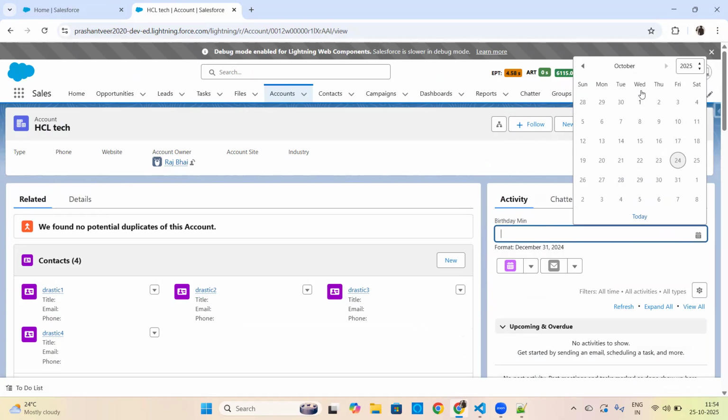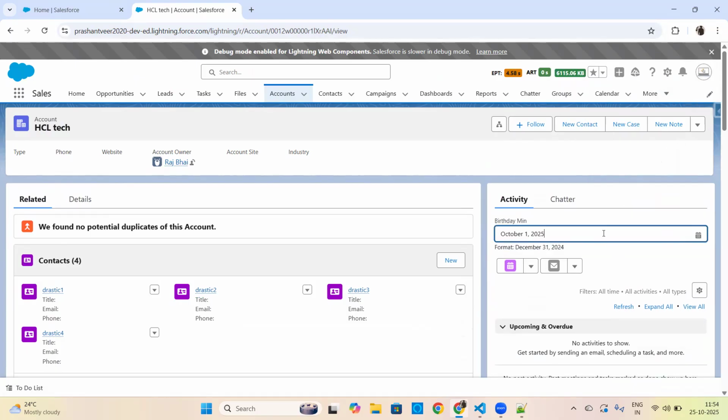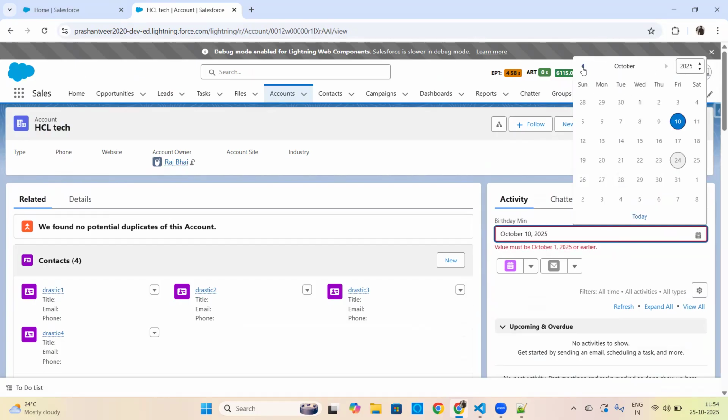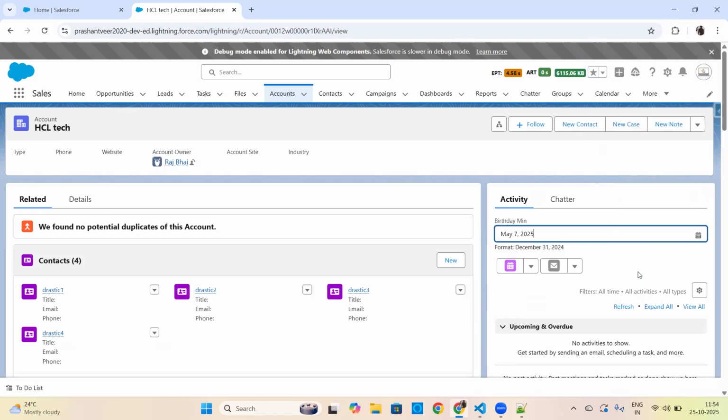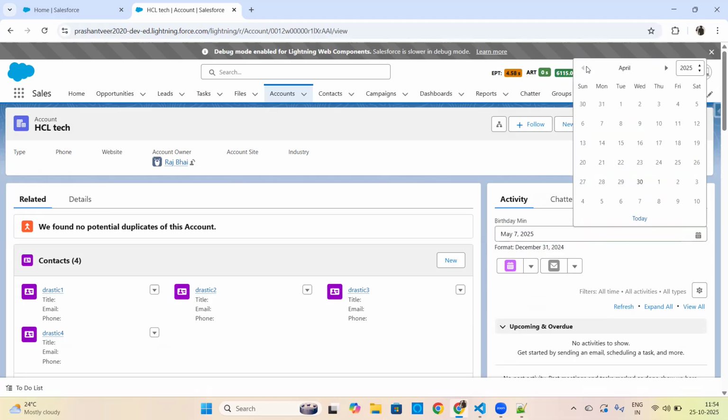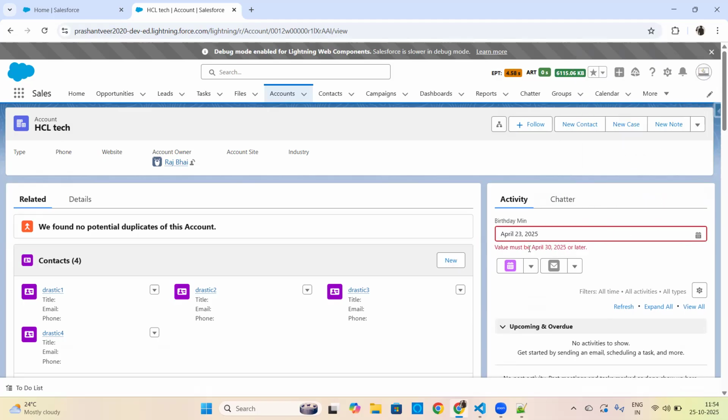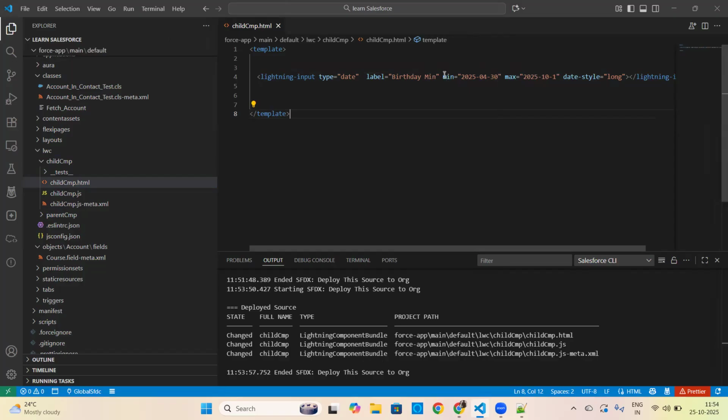Everything is grayed out. You select 1, it's working. You select 10, it will throw a validation. You select 30 April, anything later, it's working. But before 30, it will throw a validation. Okay. Now, one very interesting thing which I want to show you is,